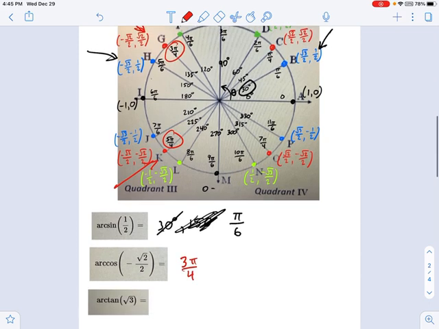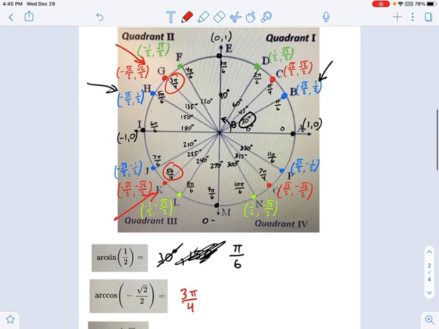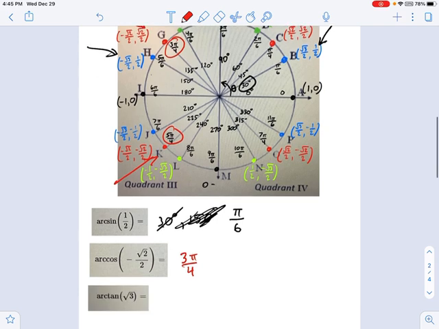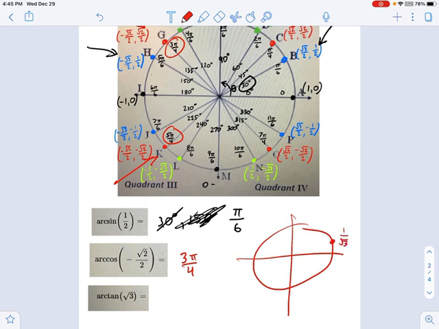And then our tangent function, where does the tangent function equal radical 3? Well, we don't have tangents written in here. It might not be a bad time to memorize your tangent function if you haven't already. Here's the way it goes: 1 over radical 3, 1, and radical 3. And we might as well draw the 0 and the D and E points. Now I'm looking at radical 3. That is right up here. So that's going to be an angle of